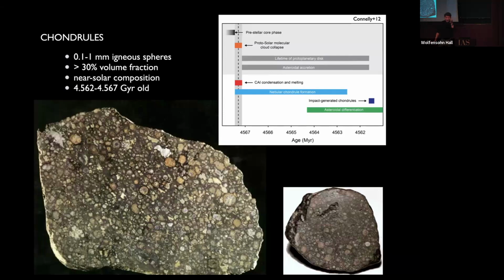They've been a big problem ever since they were discovered by Sorby in the 19th century. Zeroth order problems unsolved. How do you melt them? How do you zap them to 3000 Kelvin? After you zap them, you have to zap them in space so that surface tension can ball them up into spheres. Then you got a real problem. How do you collect them all, right, into a chondrite parent body? You had to collect them with incredible efficiency because these things fill the thing. It's near 100% volume filling fraction. And I like to say, if you can understand the collection problem, maybe you've made some progress towards understanding the problem of planetesimal formation.